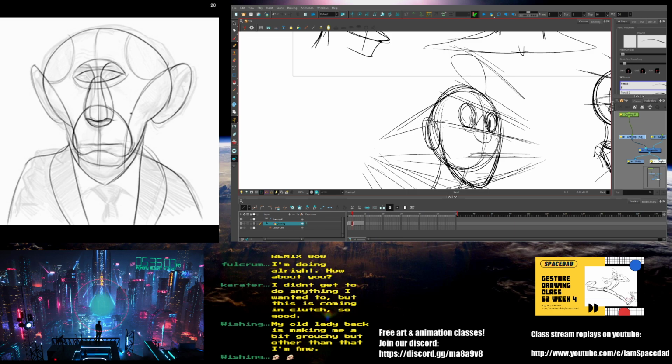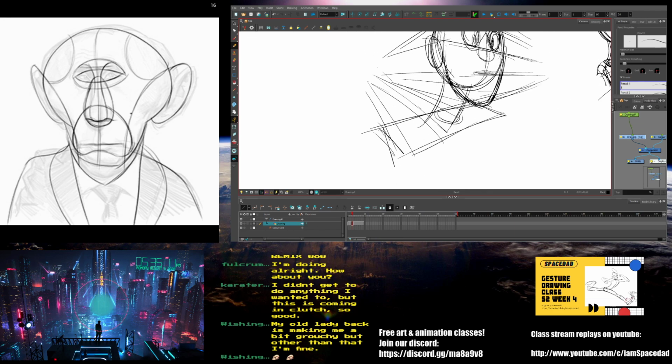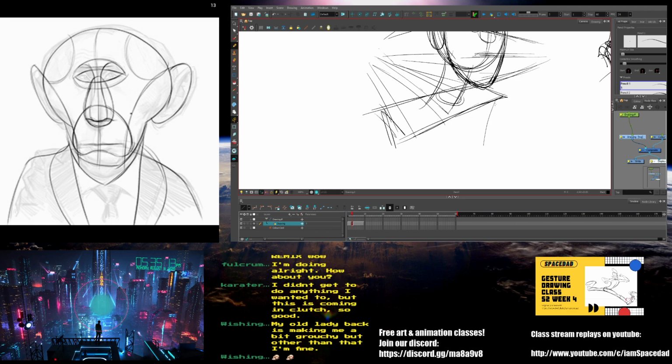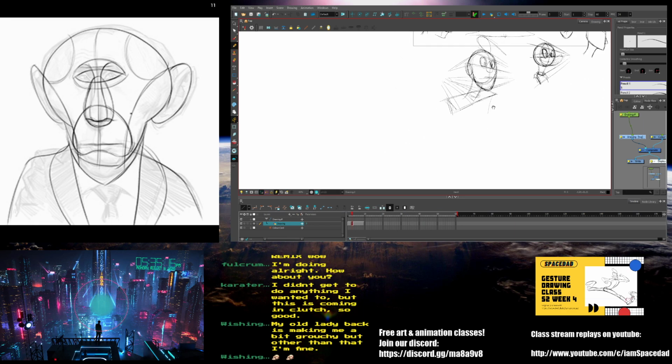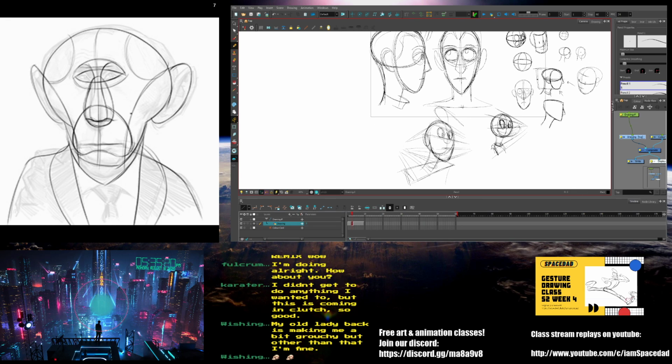Forced perspective differs a little bit from regular perspective in that it's not really realistic perspective. It's just faked for the sake of design. To give a good example of that,